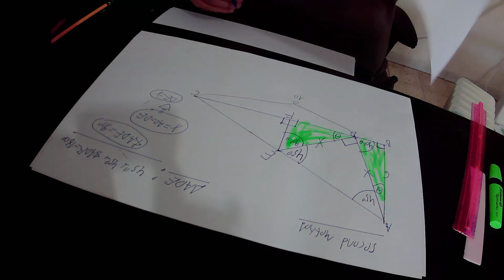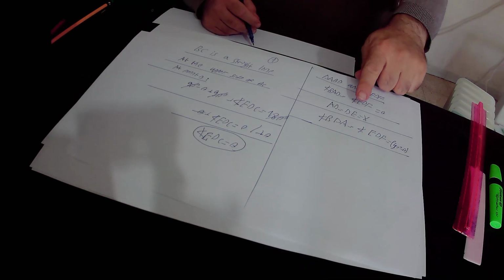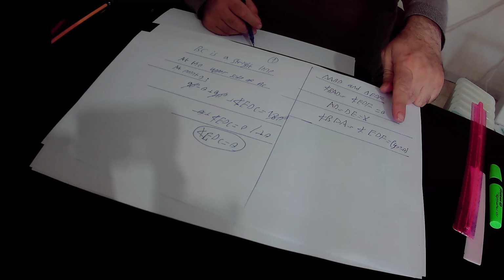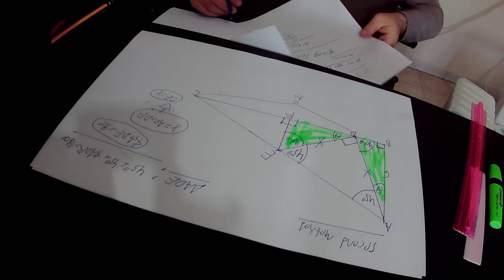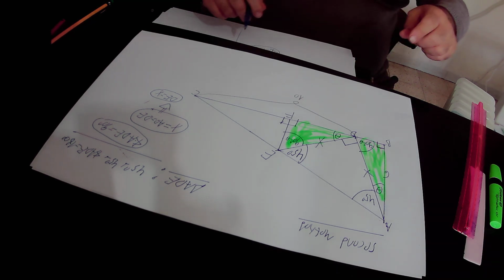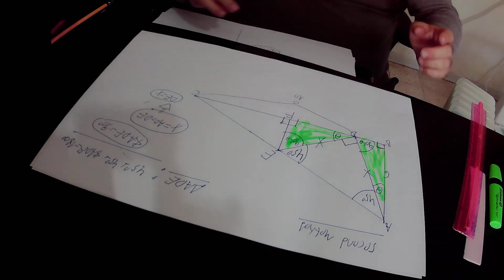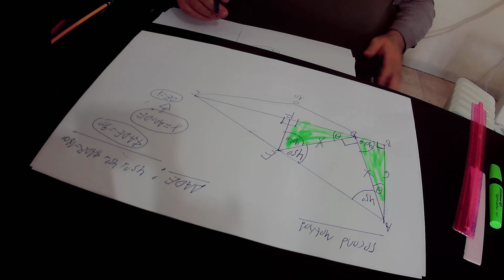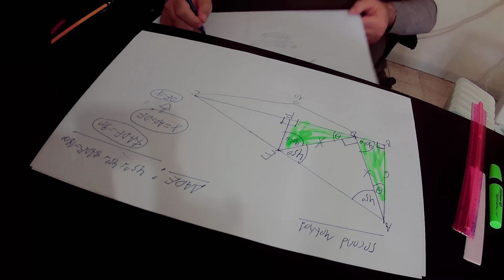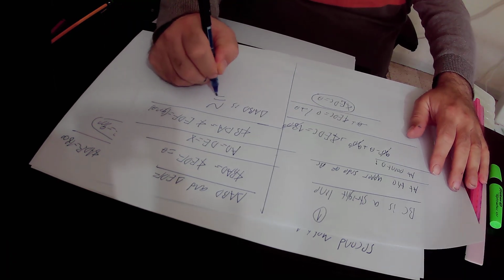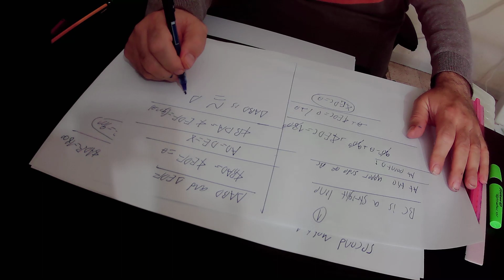I'll repeat again. Angle BDA equals angle DEF, and both angles are equal to 90 degrees minus theta. So we actually proved that those two right-angled triangles are congruent to each other according to the angle-side-angle rule. I'll write it down. Triangle ABD, the right-angled triangle, is congruent to the right-angled triangle, triangle EDF,